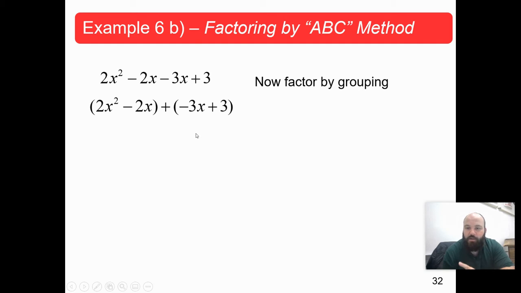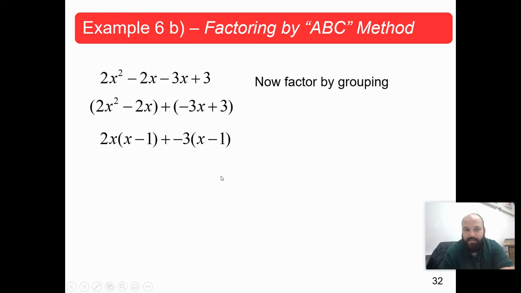Now, once we've got our terms grouped, we are going to take the GCF out of each of these. So this first grouping has a GCF of 2x. This one right here has a GCF of negative 3. So when I take 2x out of the first one and negative 3 out of the second one, you can see that I'm left with x minus 1 in both cases, which is important because you can't proceed